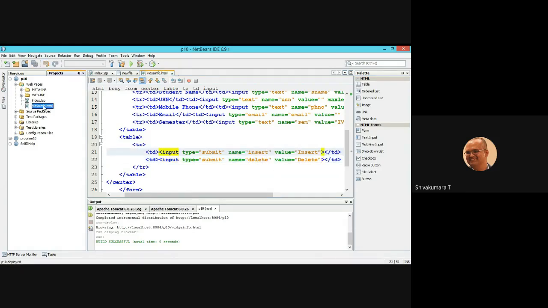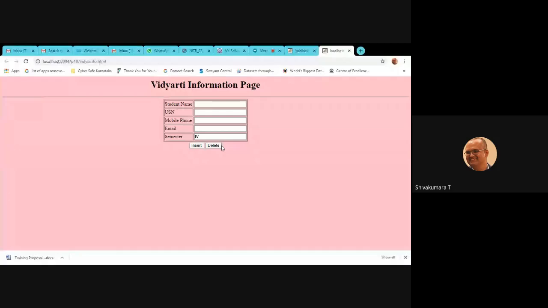just rerun this one. How does the page look like? The page looks like this. Go to the browser, see how the page looks. Insert button, separate button, delete, separate button.